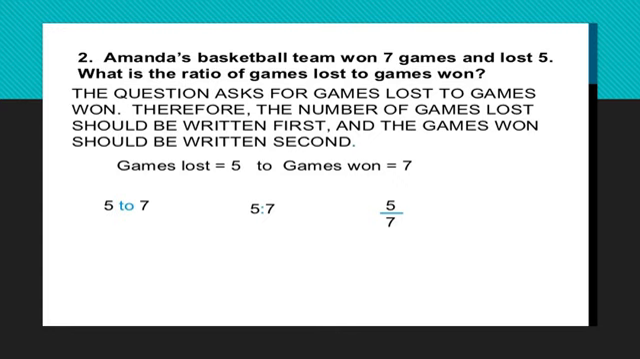Similarly, here games lost to games won. The different example. The games lost is 5. The games won 7. So the ratio is 5 is to 7. And in fraction form it is 5 upon